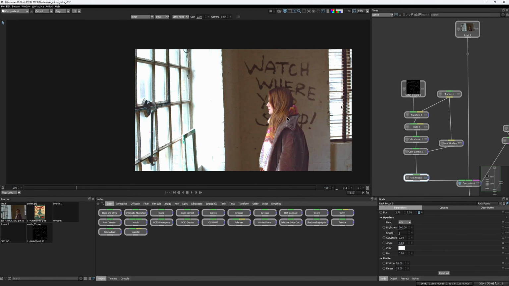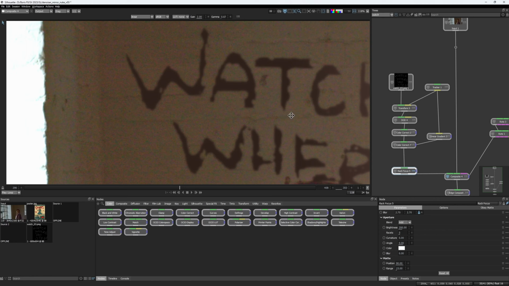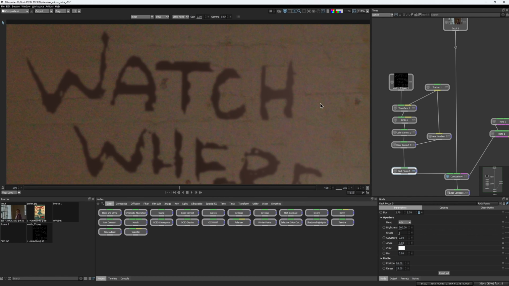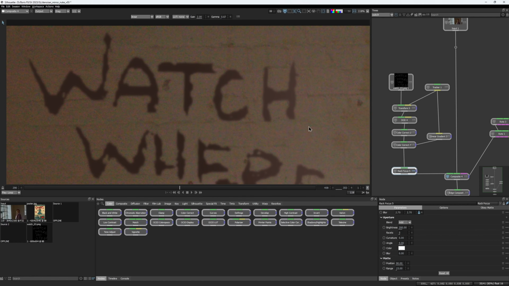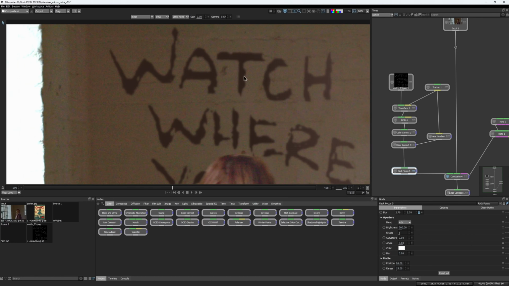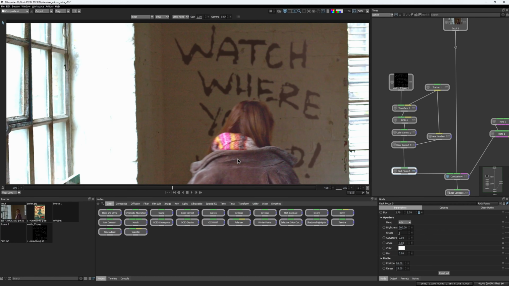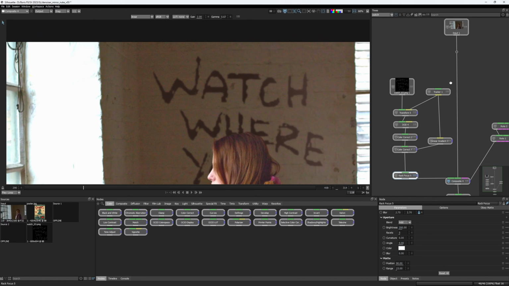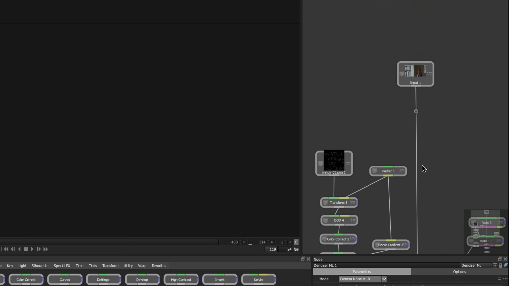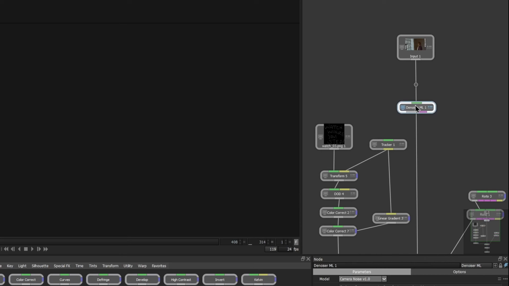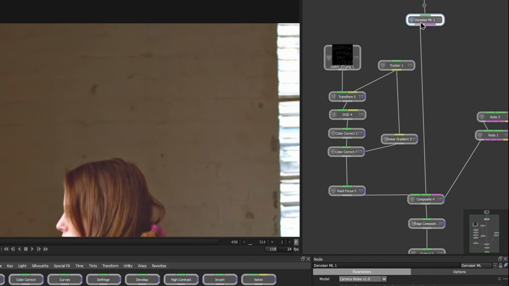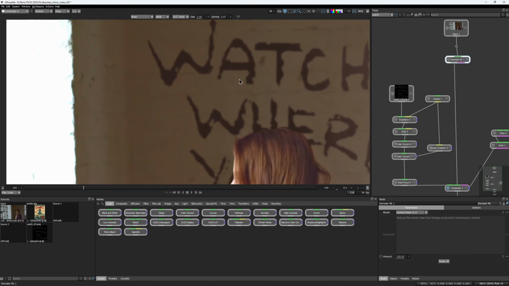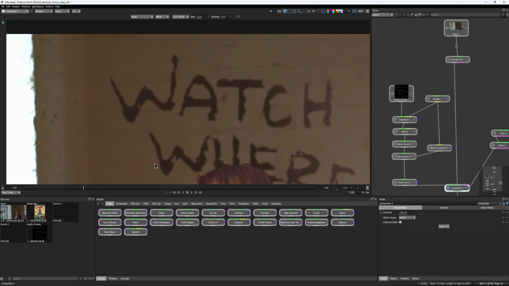Looks not bad from a distance, but if I zoom in, you can see where the problem is. We have a decent amount of noise in the wall, and there is none of that on our added text, so it looks a bit fake. This is why for compositing work, it's always better to start with the denoised plate as your starting point. So let's add a denoiser. I connect it to the very beginning of my script, and immediately the overall blend looks much better.